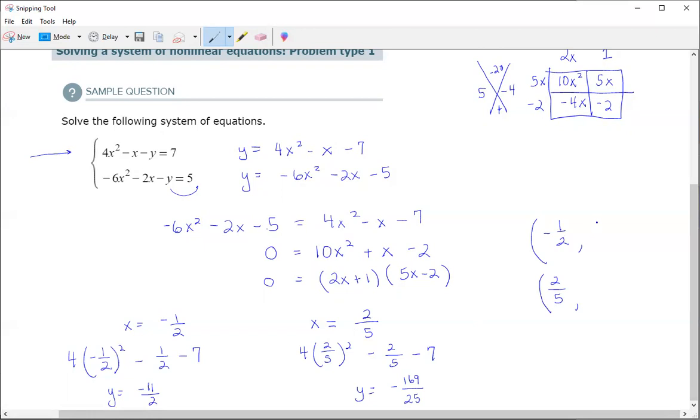And that would be negative 11/2 and negative 169